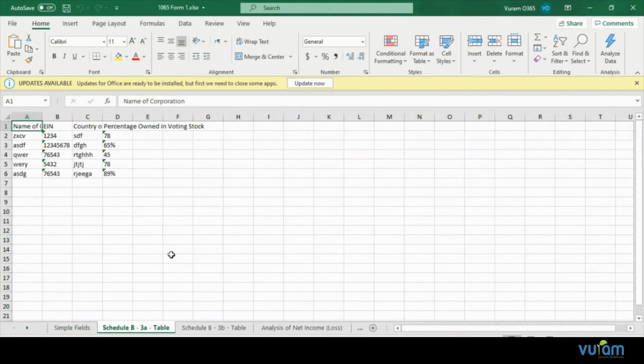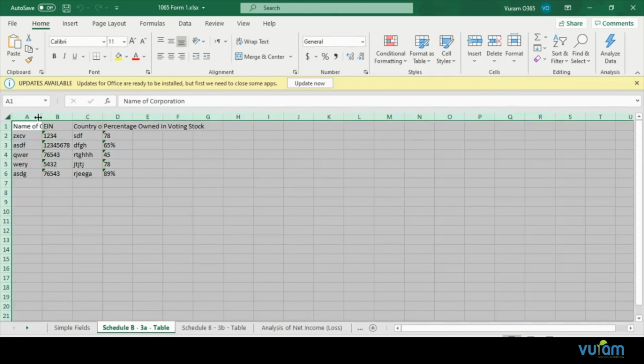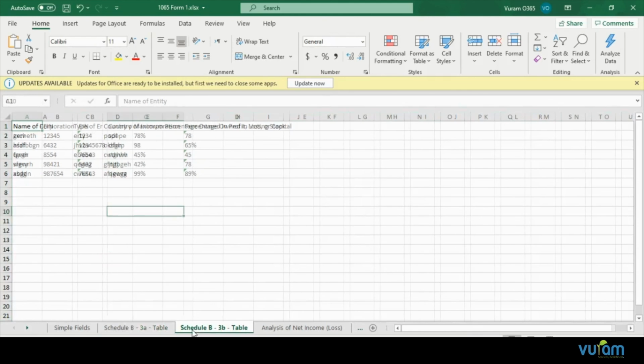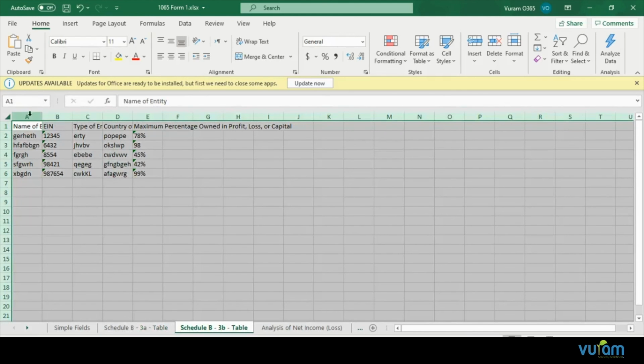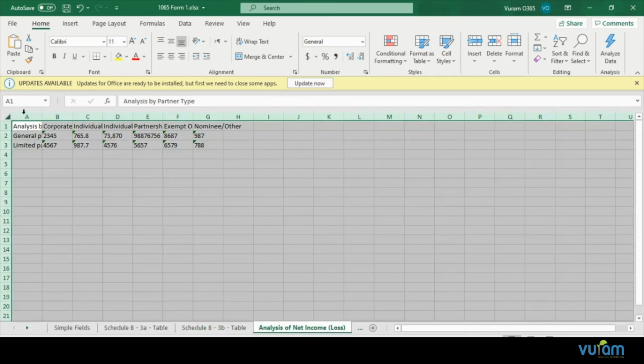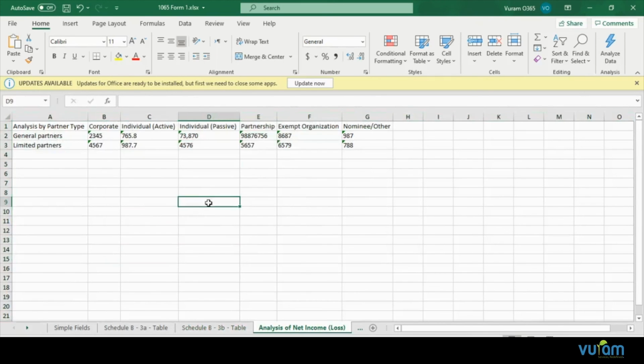The tables in the document will be stored here. This is Schedule P3A and Schedule P3B and so on. We have 5 tables here.